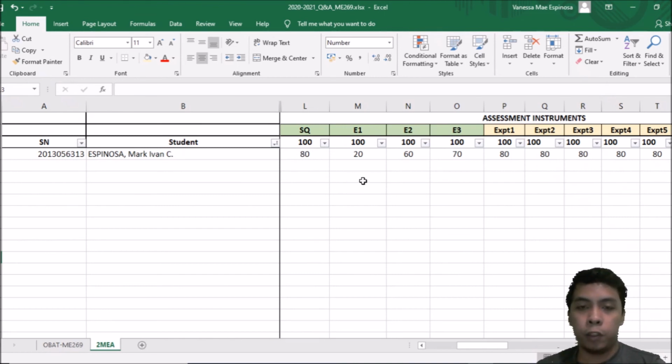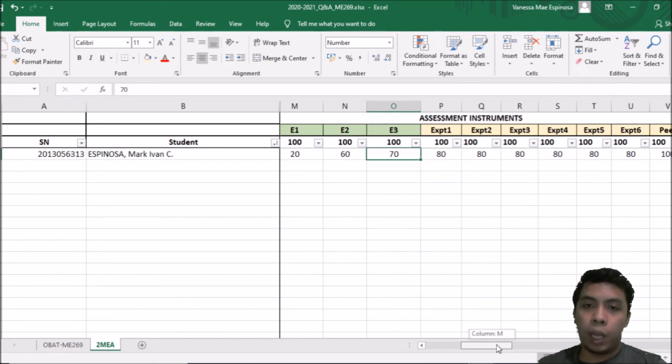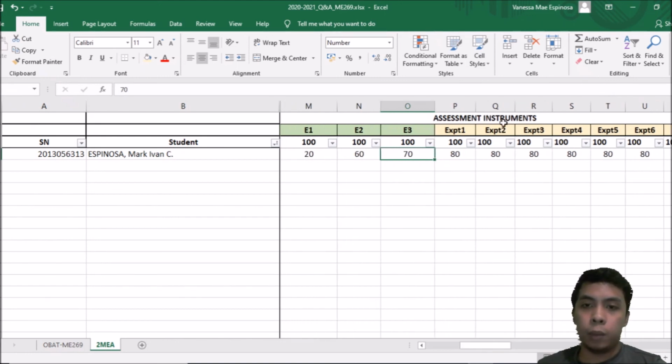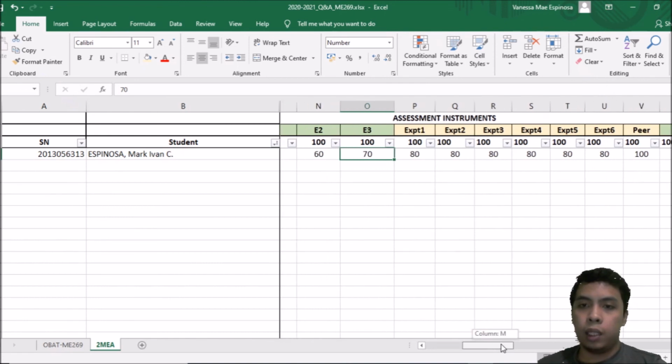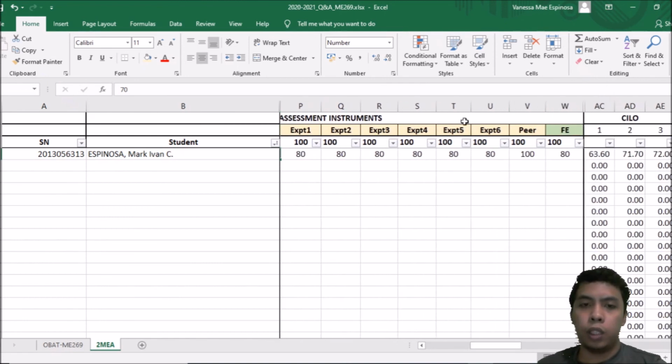Pero madali siyang ma-perfect. For the exams naman, madali lang din yan because lahat naman ng ilalagay ko sa exam is included sa ating lecture. And may mga ibibigay pa ako sa inyong mga learning materials na lalabas din naman sa exam. So, dapat simula pa lang from short quiz, exams, perfect na. So, sa experiments and peer evaluation, si laboratory instructor na yung bahalang mag-explain sa inyo.